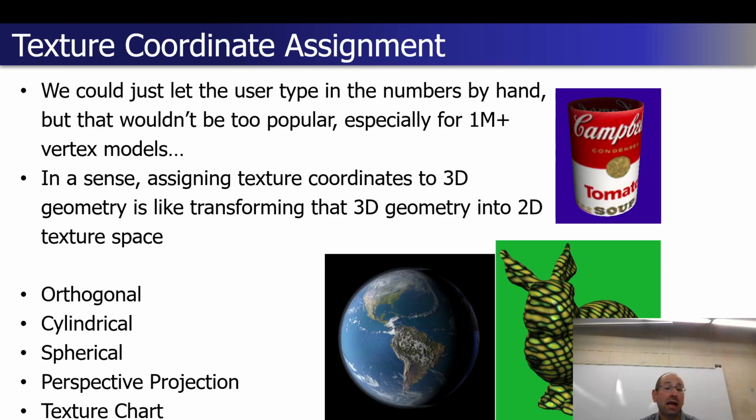So how do we do this in practice? Well, just like with our normals, we could just type all the values in by hand, but that doesn't really scale. In a sense, though, this task of texture mapping, and again, the OpenGL we're adding is just a couple lines. There's not a lot here in terms of OpenGL, but the mapping task of assigning those texture coordinates is somewhat, and I'm just going to say this in a fuzzy sense, analogous to